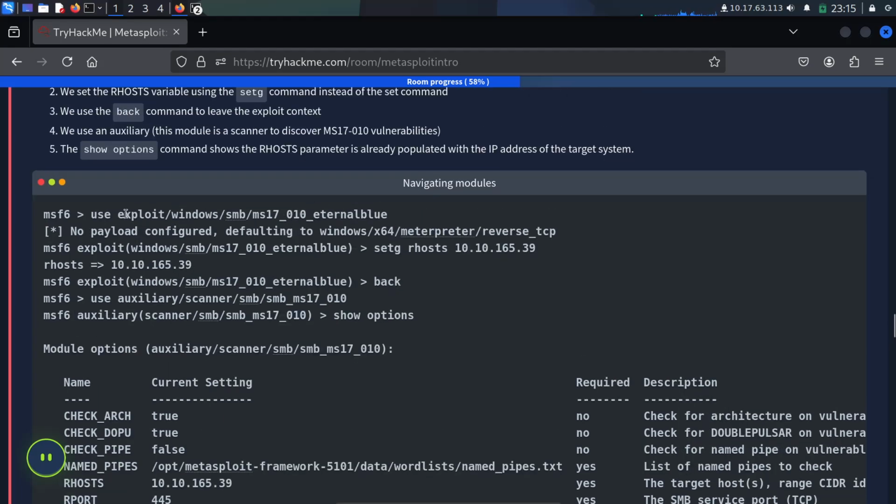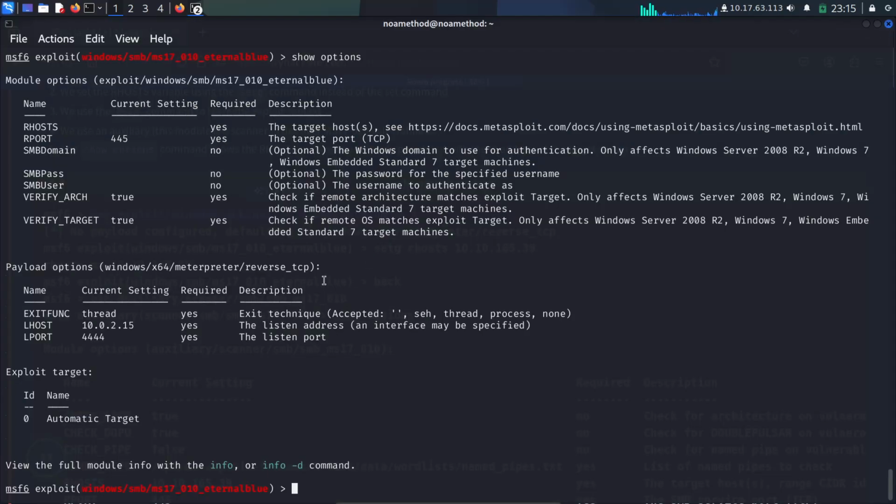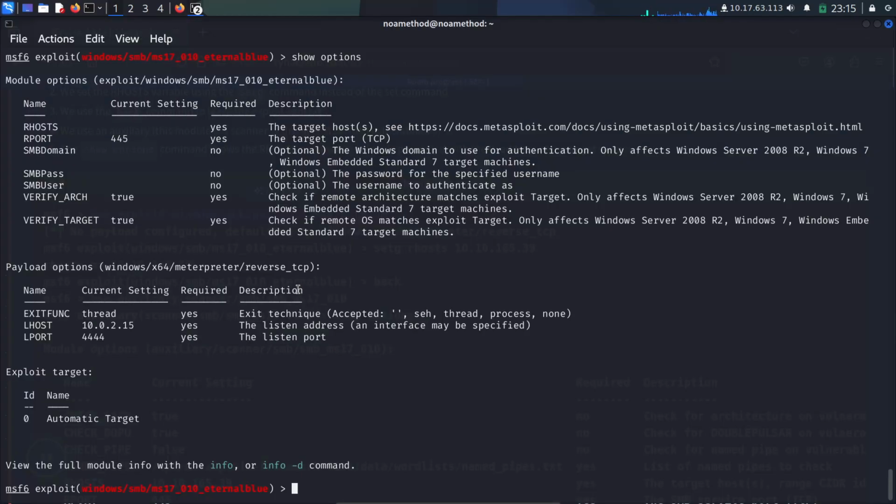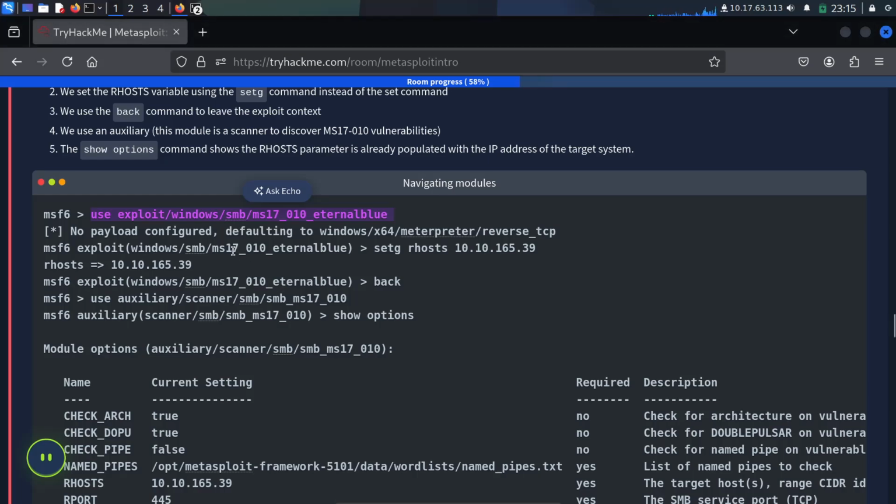You can try to try this again. I think this is still the same. Set RHOST.